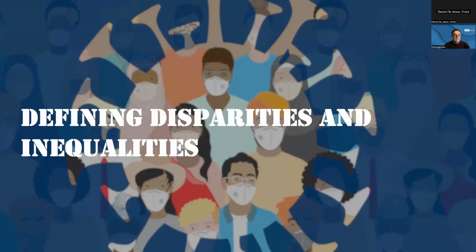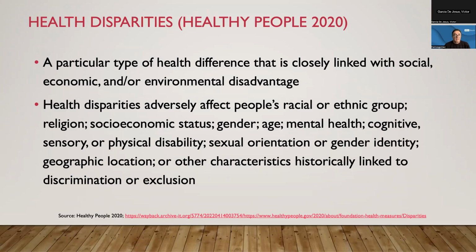The second part of this discussion will be defining disparities and inequalities, especially what we mean by that. There was a very interesting report from Healthy People 2020, where they talk about health disparities adversely affecting people's racial or ethnic groups, especially when you deal with religion, socioeconomic status, gender, age, mental health, cognitive, sensory, or physical disability, sexual orientation or gender identity, geographic location, or other characteristics historically linked to discrimination or exclusion. So we have to be very sensitive to these populations that are vulnerable in our communities,